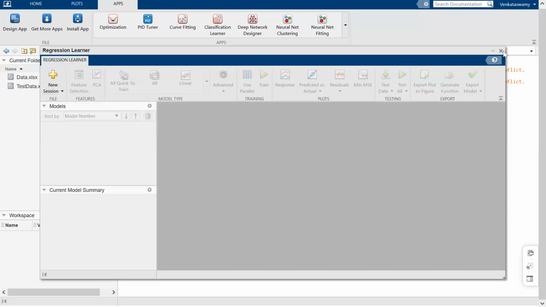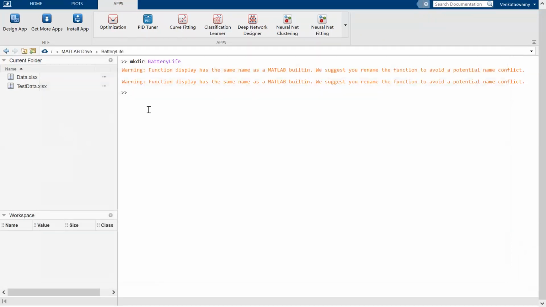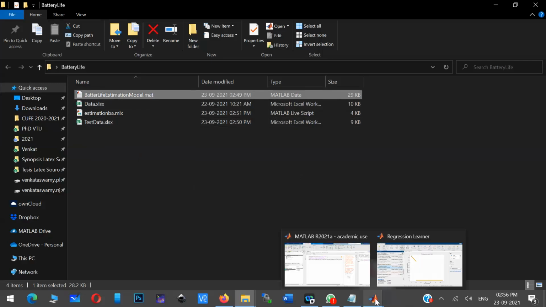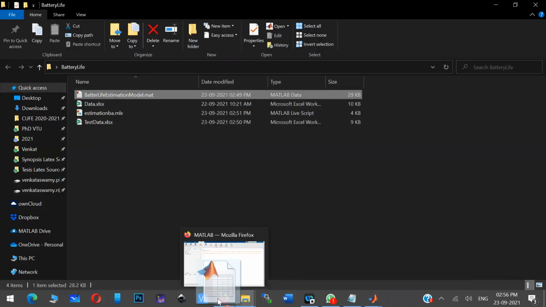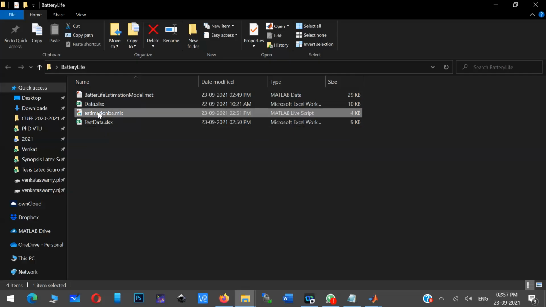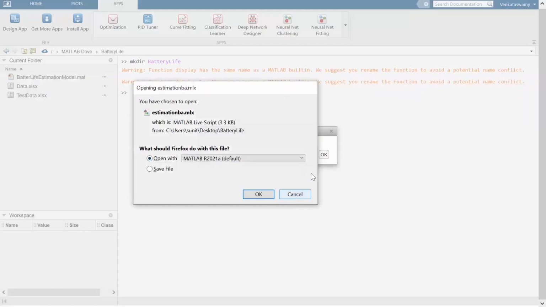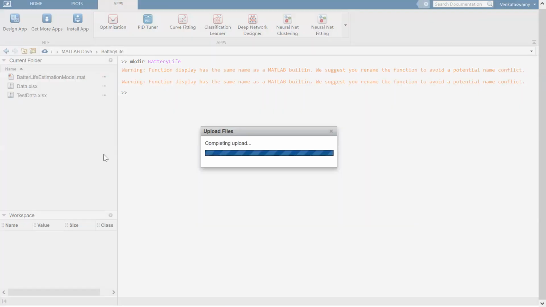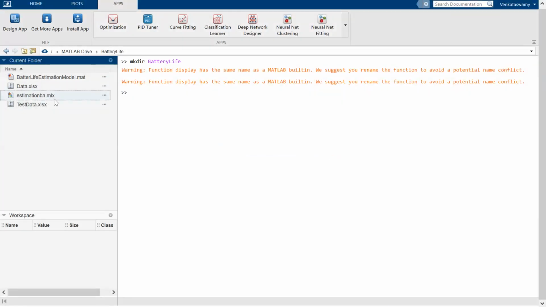So what I'll do, you just create it in your machine. I think the browser is not compatible. I'll select this particular model and upload it in the online platform, and also upload this particular script. Then you can open this script, since everything is available in our MATLAB online platform.